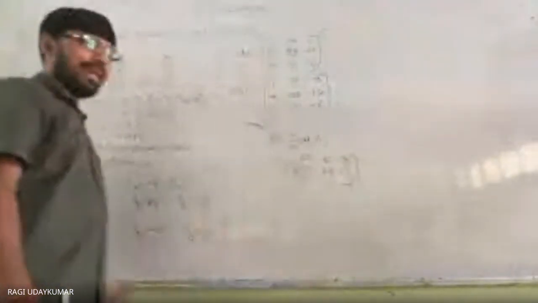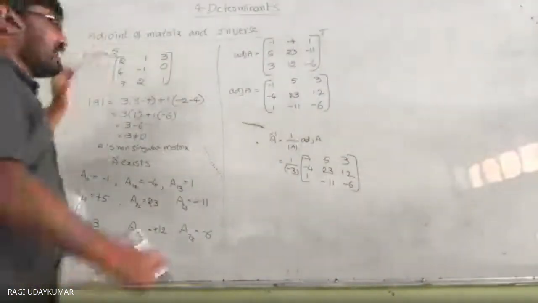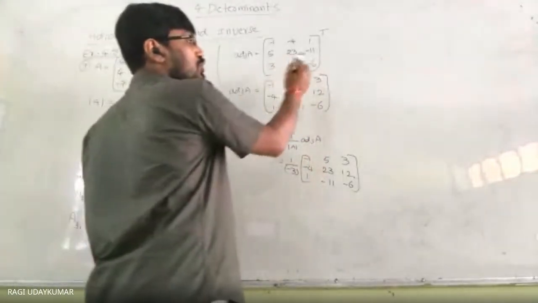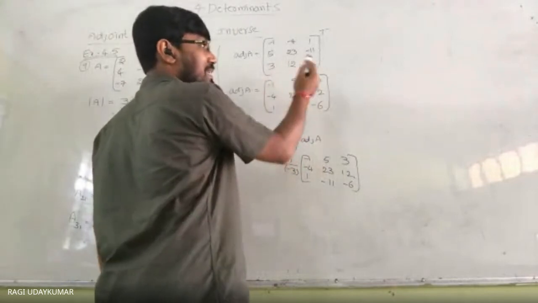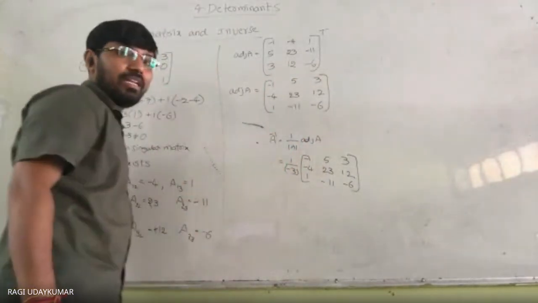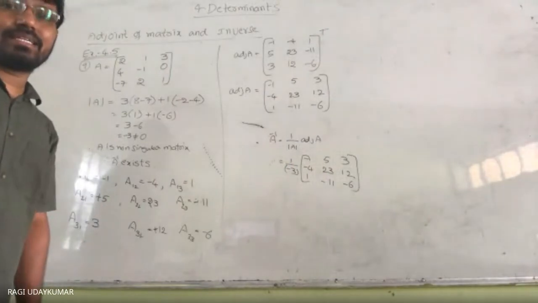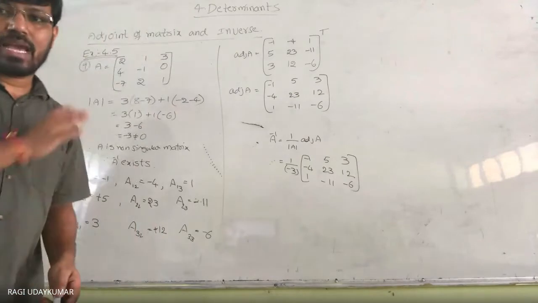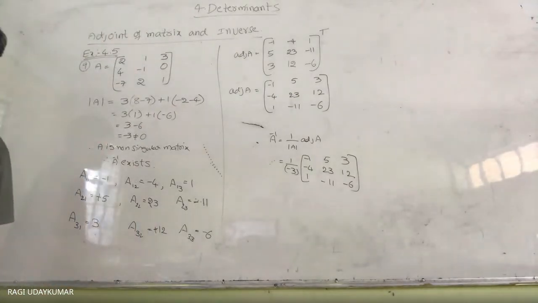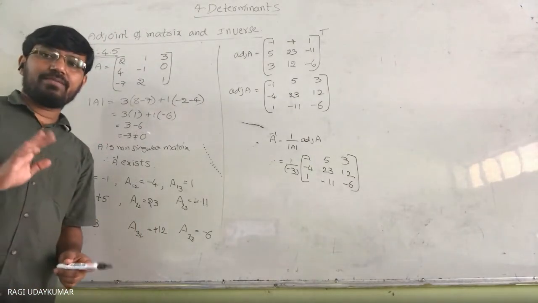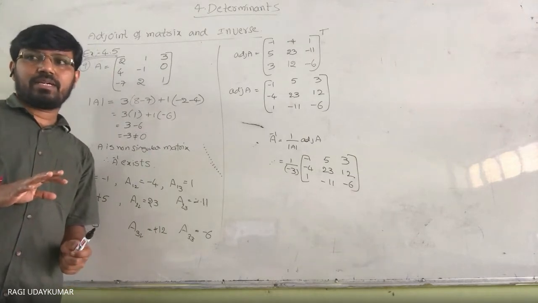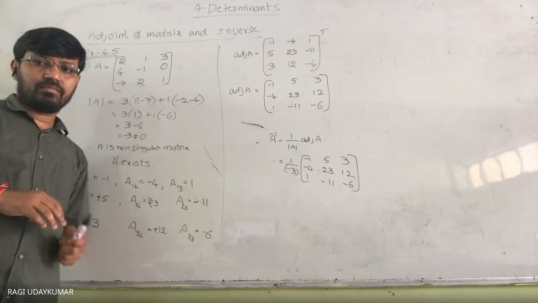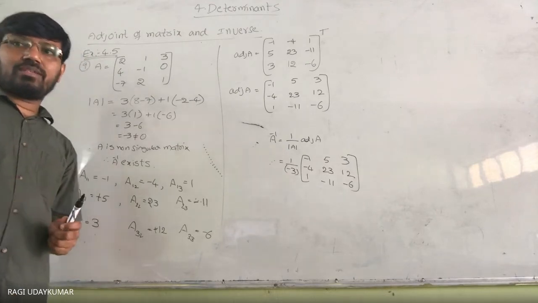Whether it is right or wrong, to check again, if you multiply A with this matrix, we need to get minus 3, 0, 0, 0, minus 3, 0, 0, 0, minus 3, which is the identity matrix into the determinant of A. I think you understood this one very clearly. If you have any confusion, please ask me in this recording. No confusion, I think so.